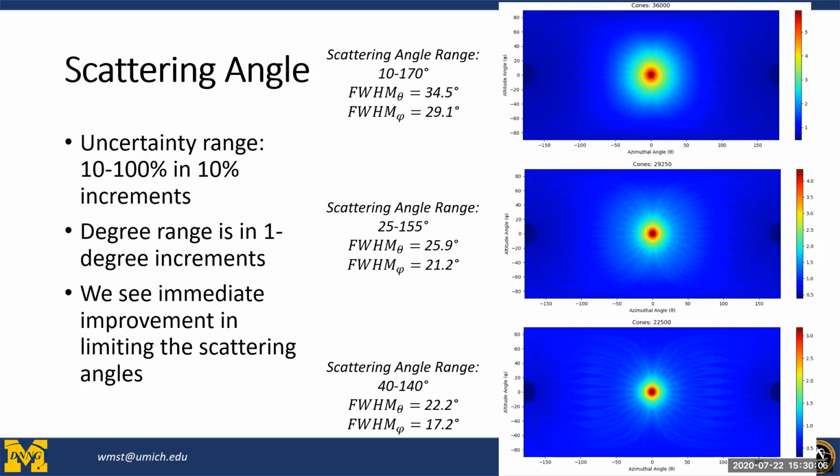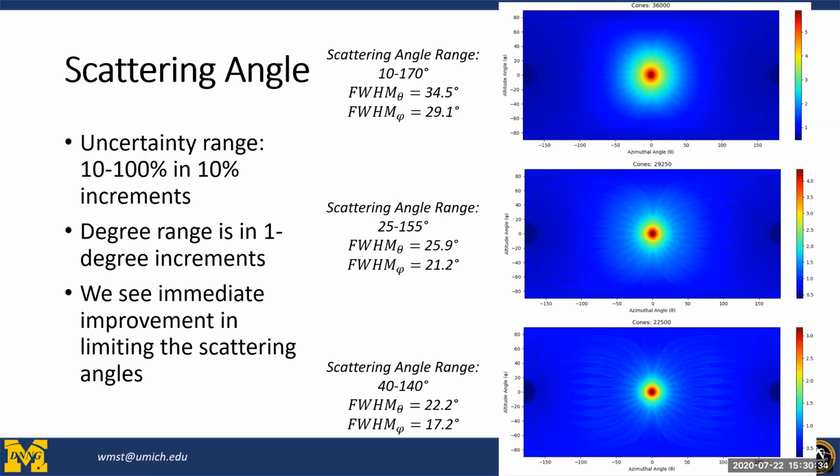Now, of course, the trade-off with these things, generally always in the real world, is efficiency, in that if you are cutting out a significant portion of your scattering angles or of your uncertain events to be able to obtain better image resolution, odds are you're throwing out a significant portion of events, which means you have less statistics in the image. And while we're not going to cover statistics in the images in this presentation,